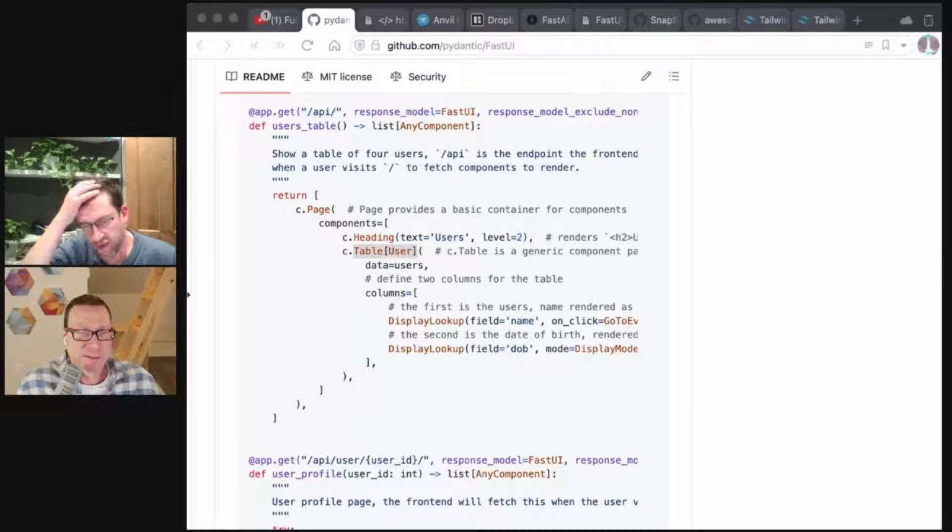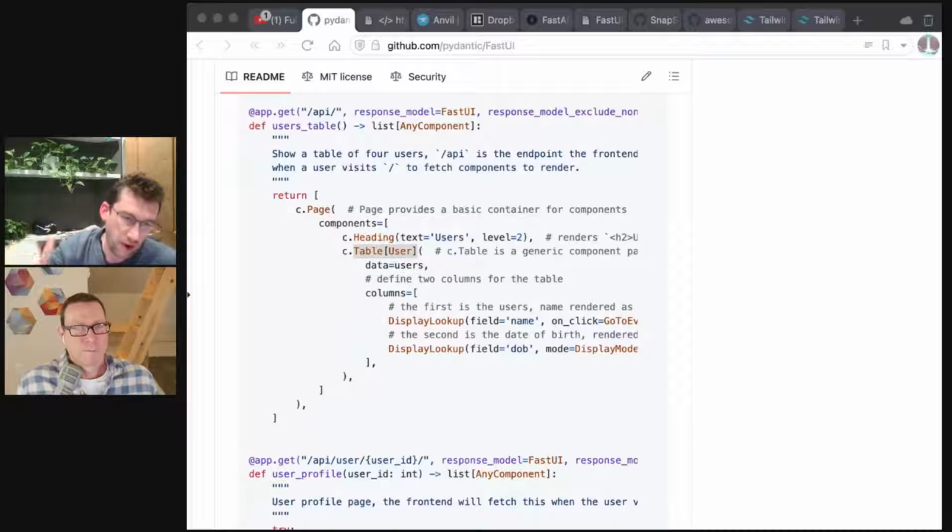Yeah, so table is the generic. If you were doing a list of ints, you would do list square bracket int. The point is that list is a generic around its elements, same as a dict is generic around its keys and its values. Well, table here is generic around the Pydantic model that you're using for each row.